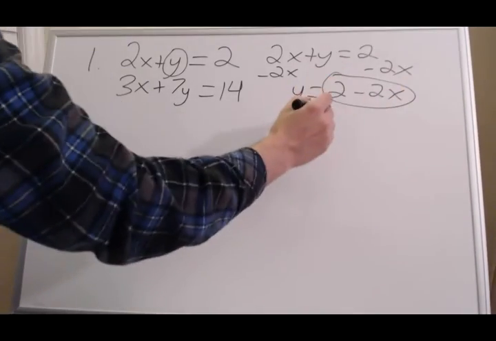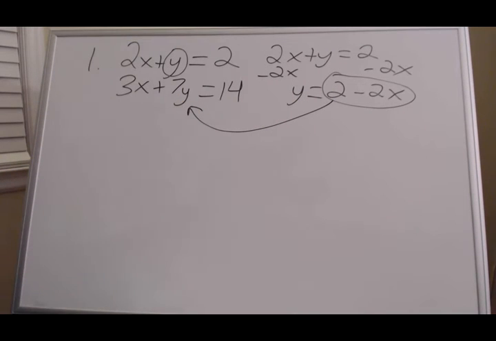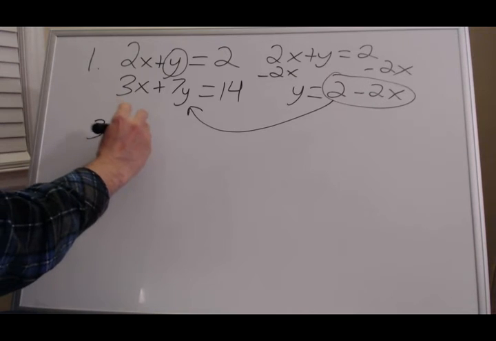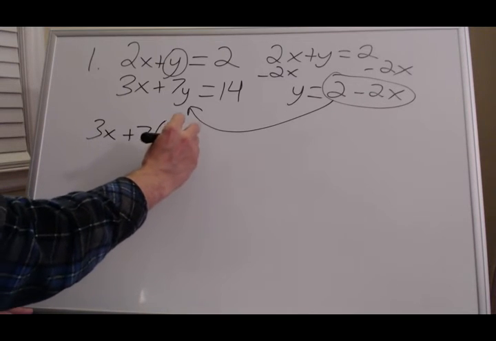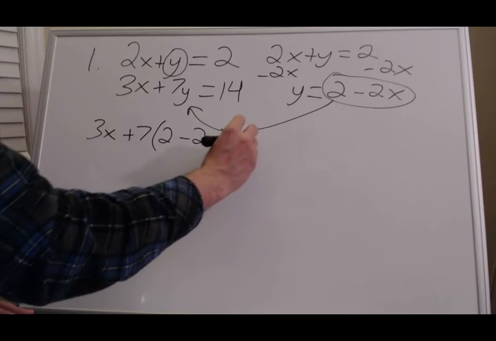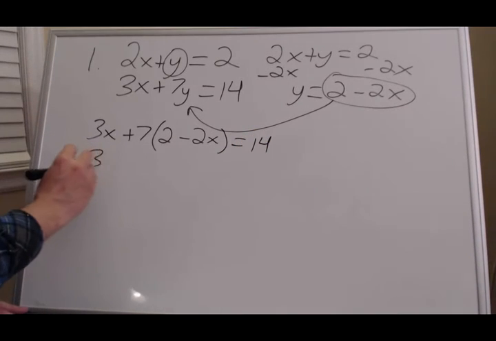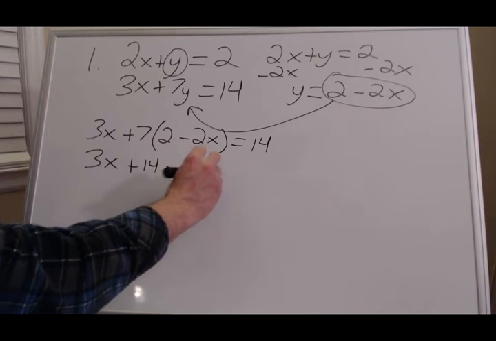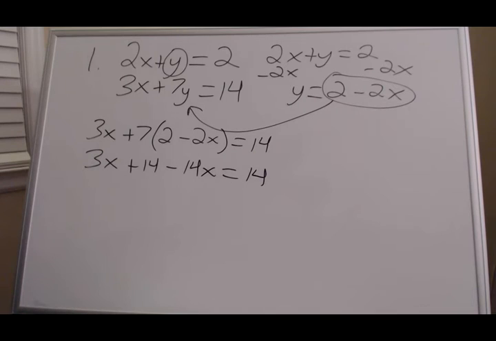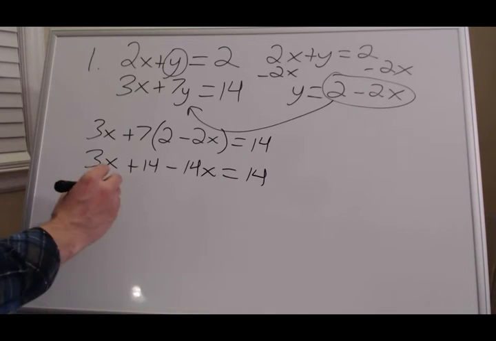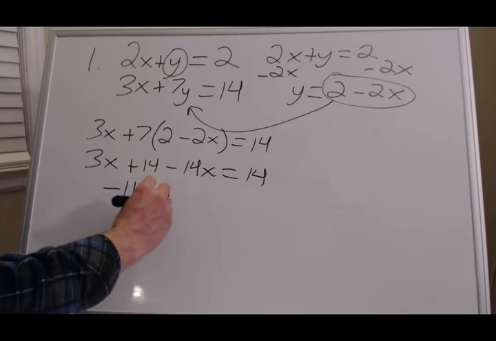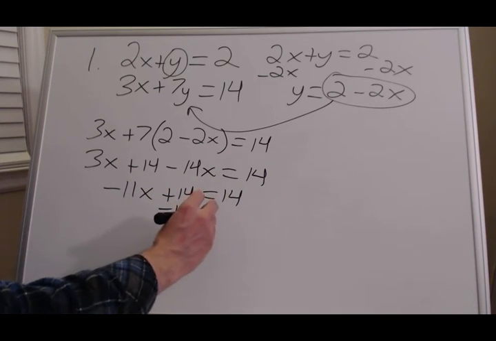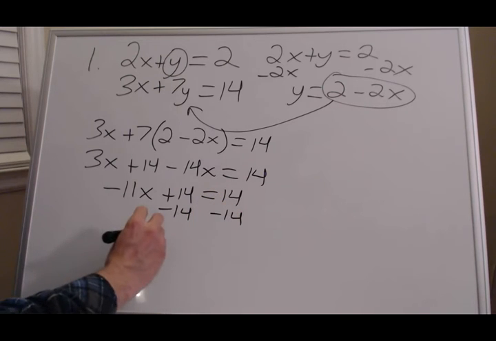We'll take this solution and plug it into the other equation for y. This gives us 3x plus 7 times the quantity, 2 minus 2x is equal to 14. When we distribute, we get 3x plus 14 minus 14x is equal to 14. We can combine like terms. 3x minus 14x gives us a negative 11x plus 14 equals 14. We can subtract 14 from both sides. We get negative 11x